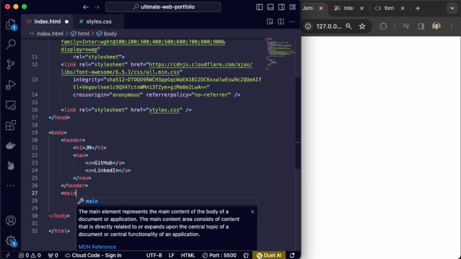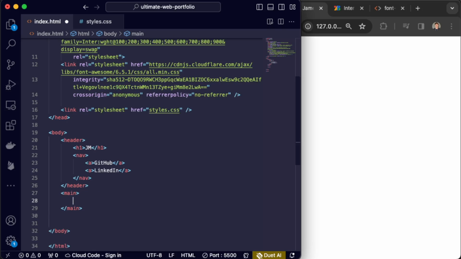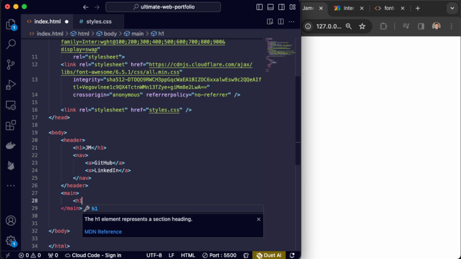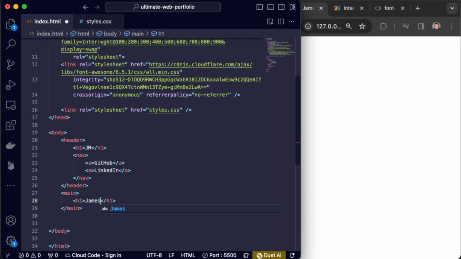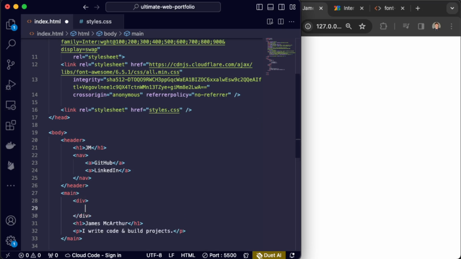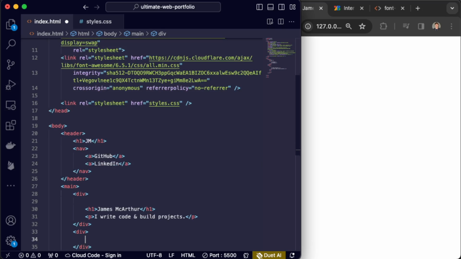Underneath the header we're going to have the main section of our document, and this is going to have another H1, and this is going to be our full name, so James MacArthur or whatever your full name might be. Underneath that we're going to have a paragraph that says I write code and build projects. I might actually go ahead and wrap those two inside of a div,